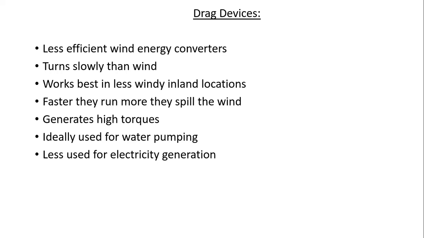If this rotor has low solidity ratios, this is the ratio. Solidity means it is a ratio, NC by pi d. This becomes a low solidity ratio because the blades on the total circumferential area will be occupying only a small part, approximately 10% or less of the rotor swept area. So the rotor swept area will be more when compared to the blades occupying the total surface area.